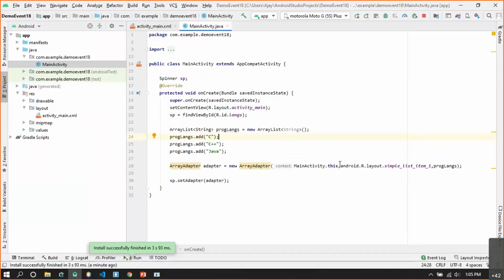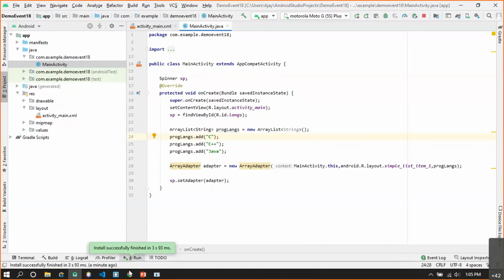Let me tell you, the most common example is in many registration forms, you will see a drop down where you have to select the state in which you live. India might have approximately 40 states, so adding every state by manually writing inside the array is practically impossible.